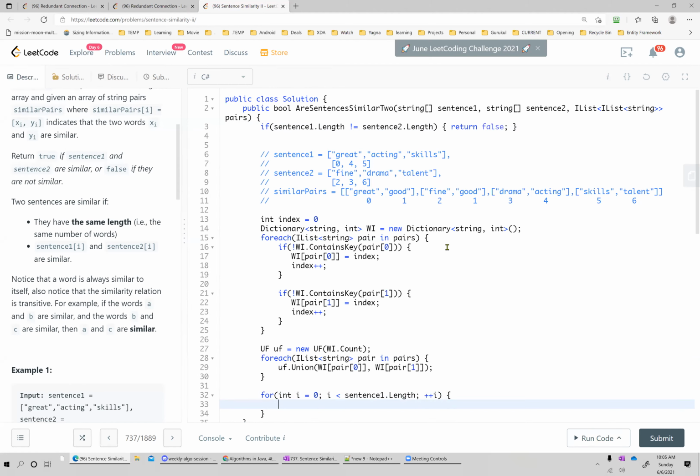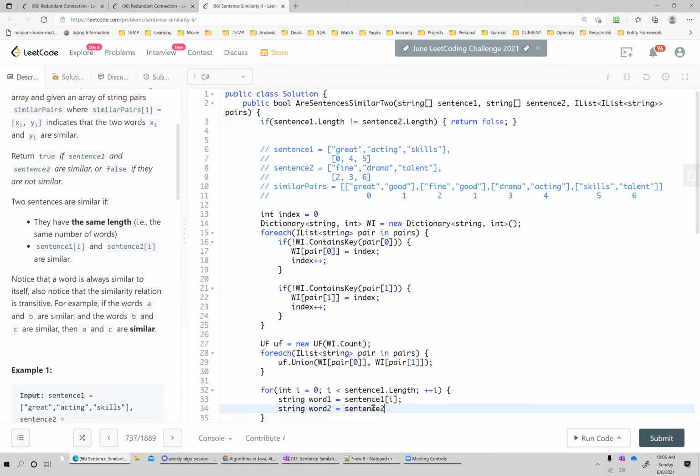Let's say I got a word out of sentence 1, so string word1 is equal to sentence1 of i, and string word2 is equal to sentence2 of i.